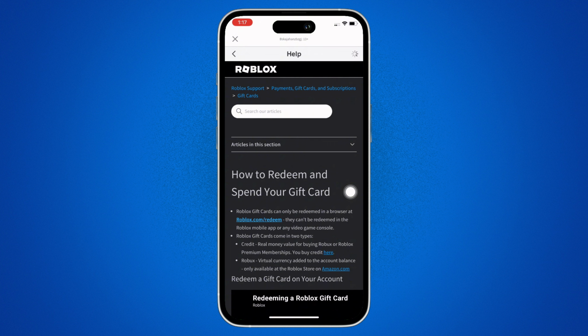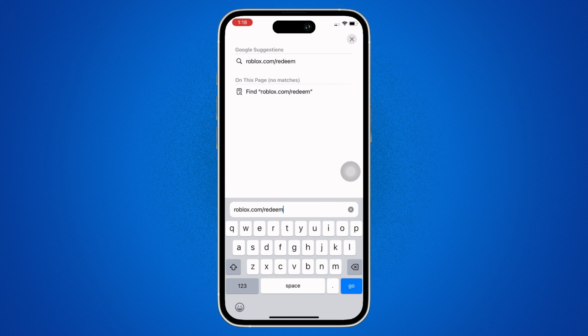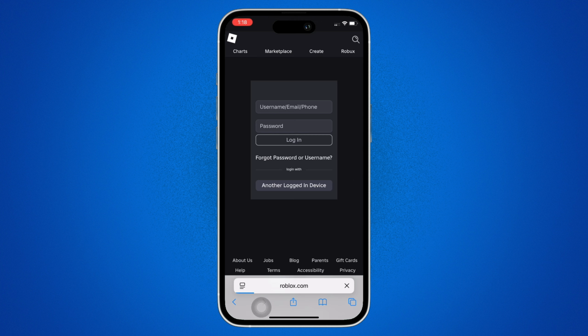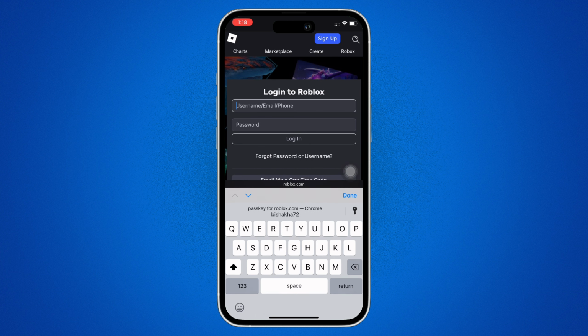roblox.com/redeem link, or you can also simply tap hold on the link and copy the link and paste it in your browser. So open your preferred browser and then paste the link that you just copied, that is roblox.com/redeem. And now you will be required to enter your username or your email address or your phone number and